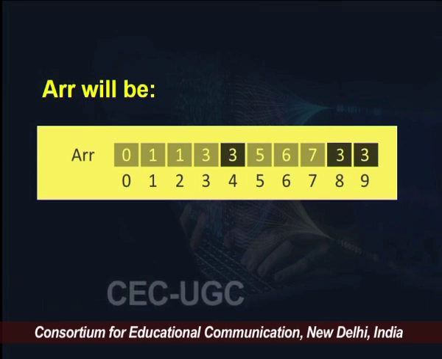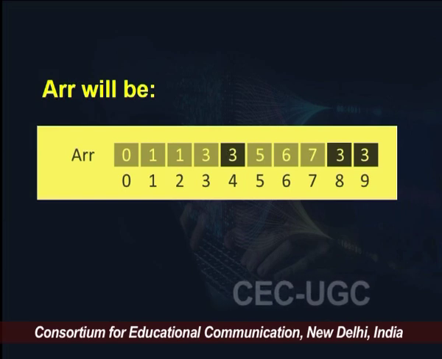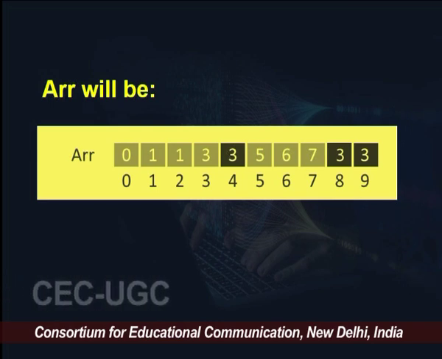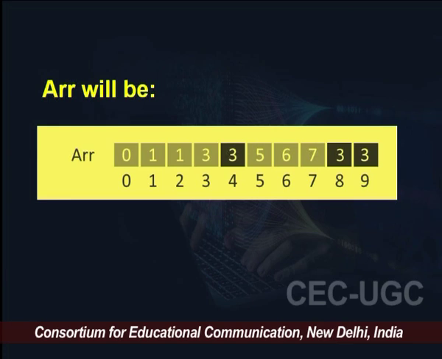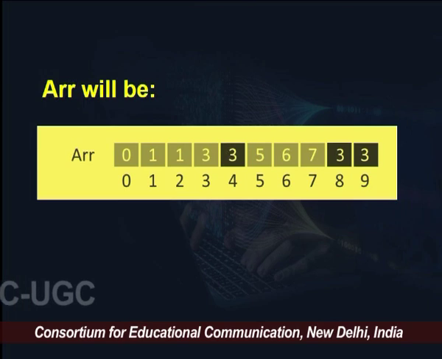So 5 belongs to 5, 6 belongs to 6, 7 belongs to 7, 8 belongs to a set which has 3 as its representative,